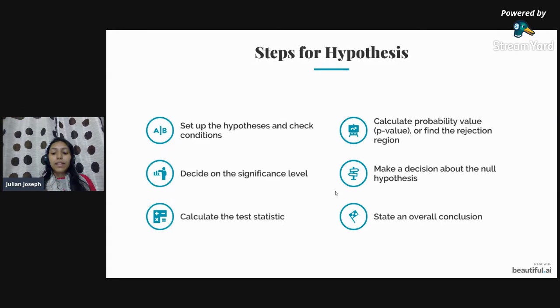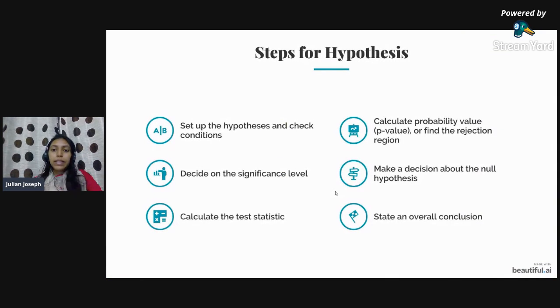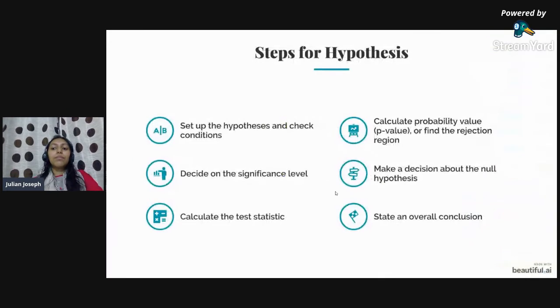Then we sit and calculate the test statistic, and that test statistic is what is going to be placed inside this. We'll come to define what the test statistic is. Once we have done that, we then calculate the probability, that is this p-value, like I mentioned. Or there is a second approach called the rejection region approach. I'll explain that as well. Then a decision is made based on this. So supposing you found the p-value, then you can make a decision based on this and then finally conclude.